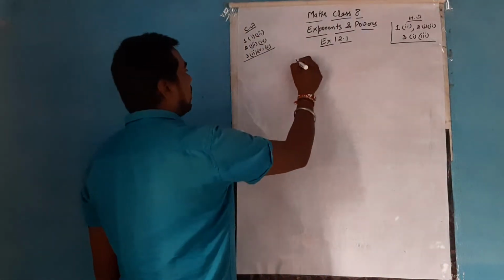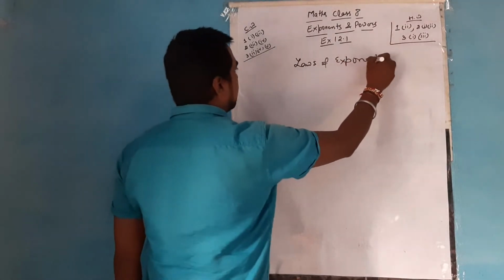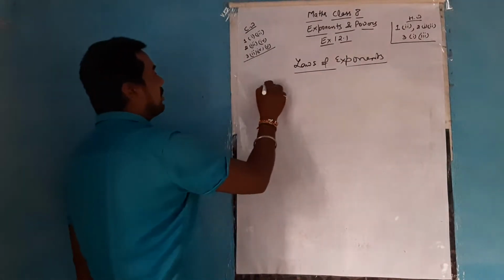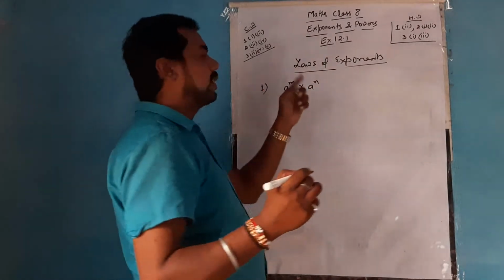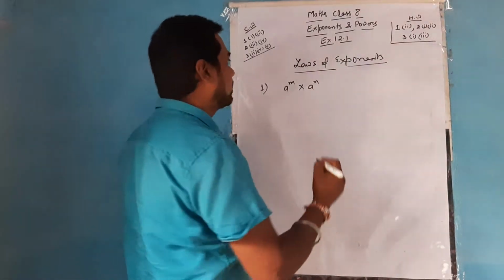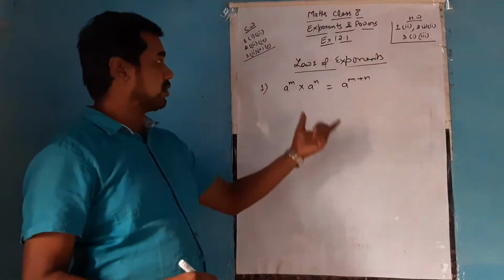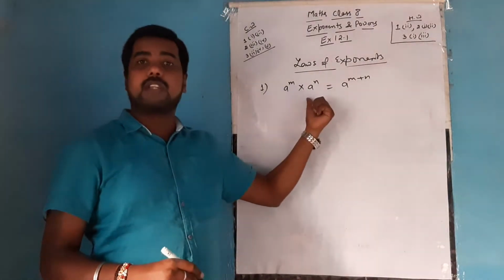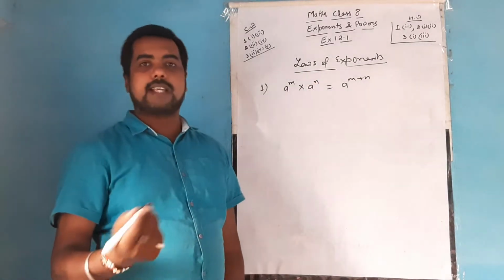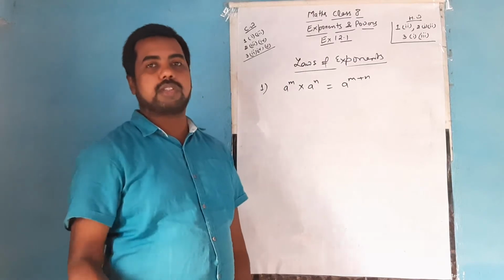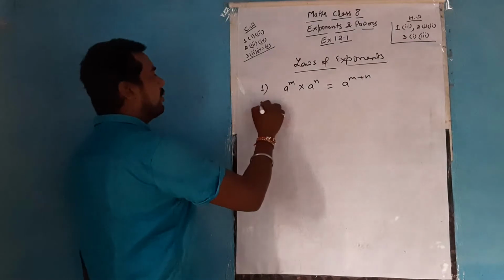So here I am telling you all the laws of exponent that you are going to see and its application. So first law, if you remember, that when the two numbers are having the same base with different powers or having the same powers, in that case you are going to add up the powers. You are going to see that the bases should be same and between them there should be a sign of multiply. Then only you can add the powers. Whether the powers are same or the powers are different, the powers are positive or negative, in any case you will always add up the power. That was the first law.